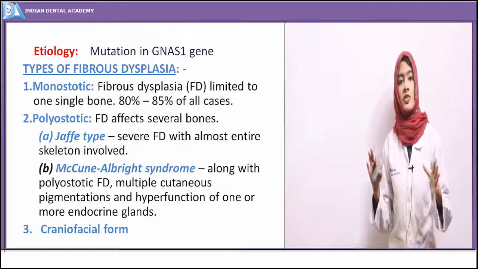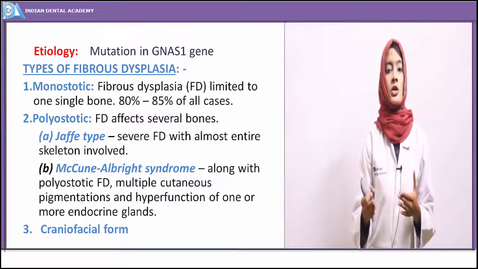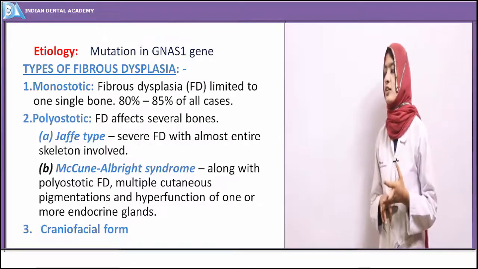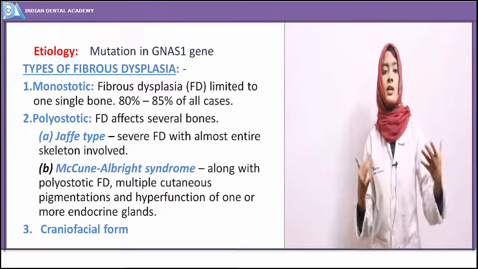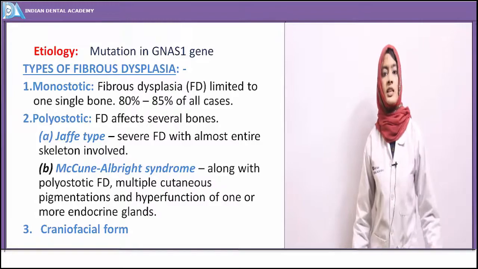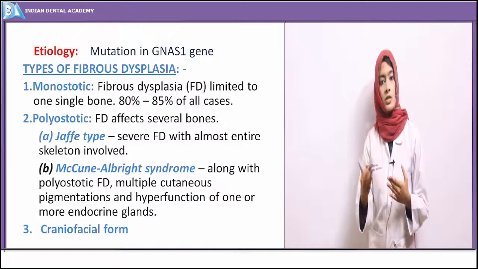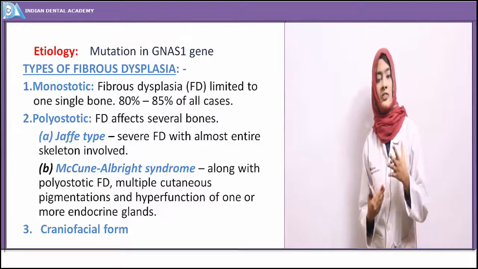Almost 80 to 85% of cases show the monostotic form. The polyostotic fibrous dysplasia involves the entire skeleton or more than one bone. The polyostotic form is of two types, Jaffe type and the